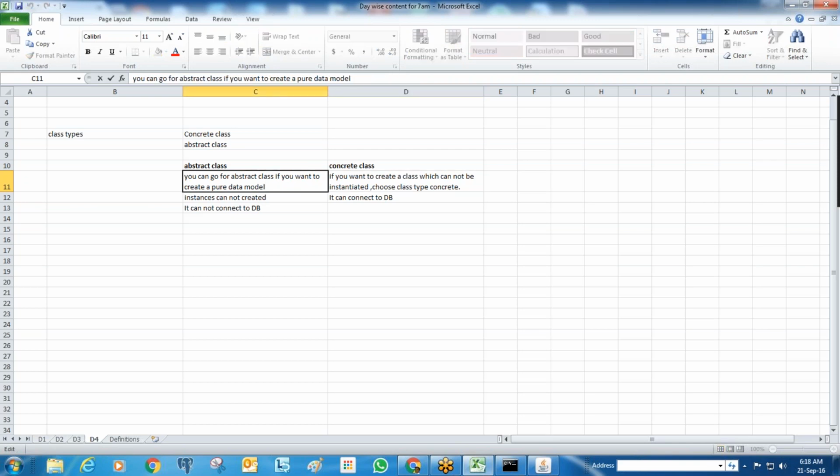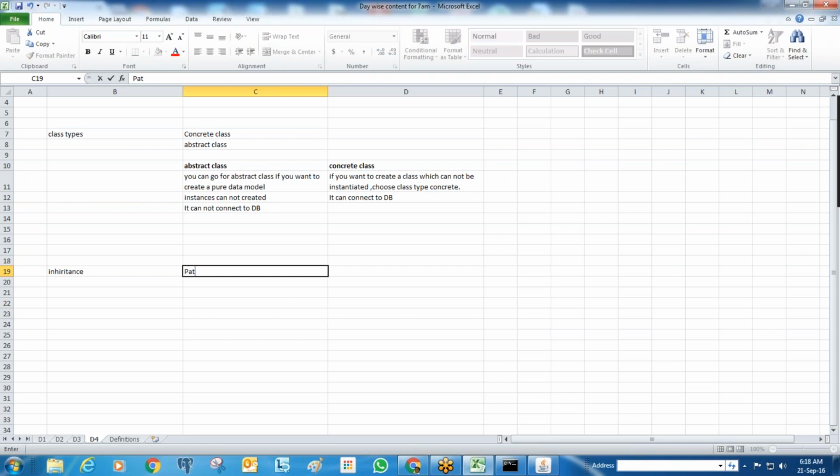But an abstract class must be inherited. Here we are saying must be; here it can be inherited. Without inheritance, you cannot use the abstract class property, because we cannot create the object for that. So that is where inheritance comes into the picture. In Pega we have two types of inheritances.